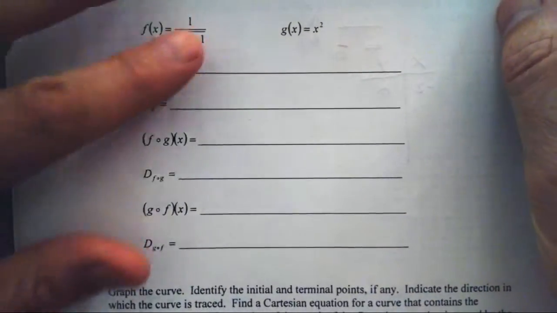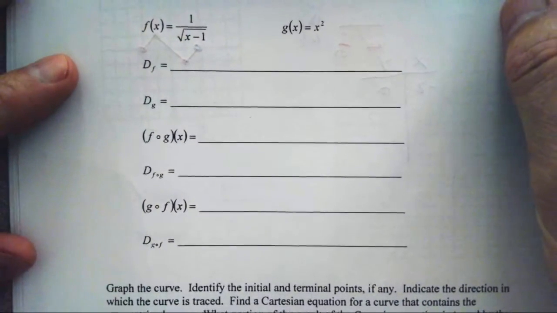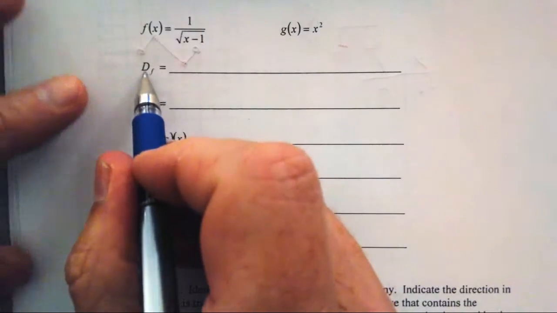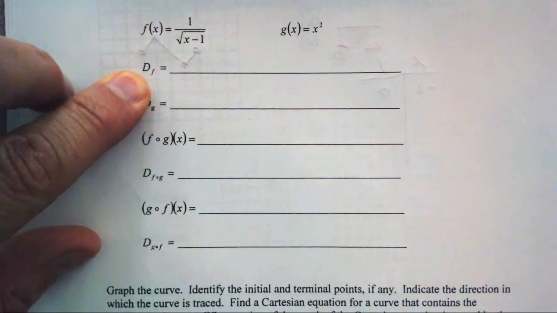Okay, 13, find the domains of f and g. Find the composites f of g, g of f. Give the domain for f of g and g of f. So we want the domain for f. The domain for f,